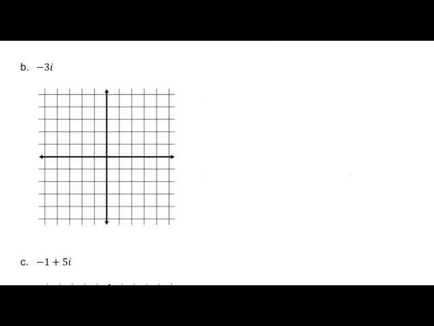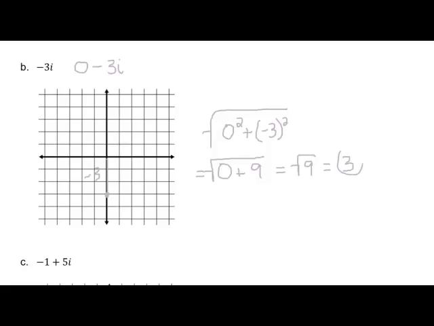Part B, we're finding the absolute value of negative 3i. So again, if we start at the origin, now notice there's no real part to this complex number. So this is 0 minus 3i. So we're not going left and right, we're just going to go down 3. So if we set it up, that's 0 squared plus negative 3 squared. And again, we're taking the square root of that. So this equals the square root of 0 plus 9, which is just the square root of 9, which is just 3. Now for this one, since we don't have a real part, we could have just counted our units, and we know that our distance is 3 from the origin,